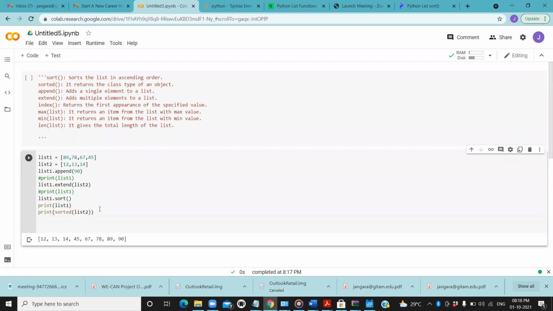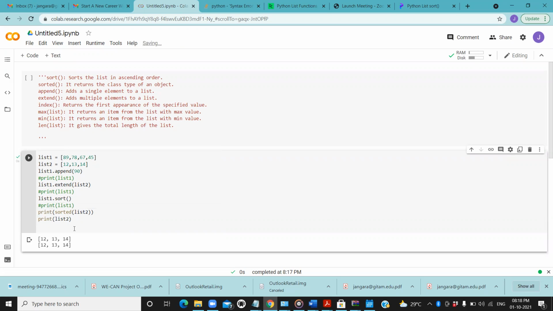And then I am again trying to print list2. Here, let us see what happens. My list2 is 12, 13, 14. It is already in ascending order. So it is displaying as it is.